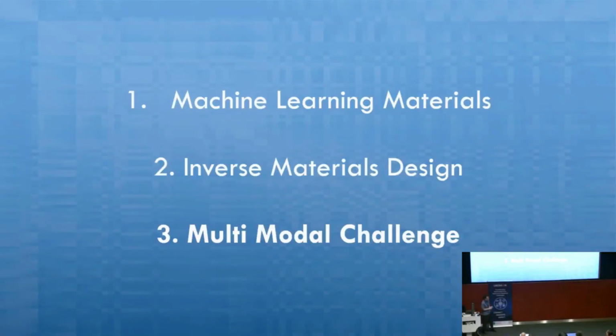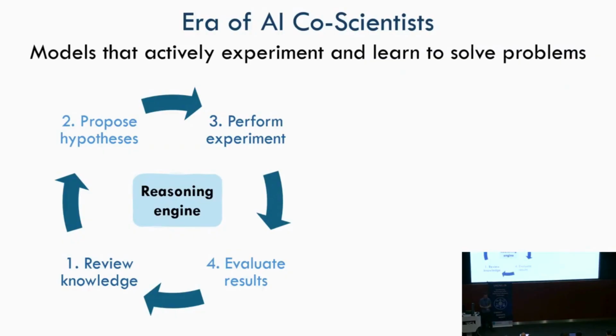Okay. So the final point is going to be the multimodal challenge. But maybe as the starting point, beyond generative models, I think the most exciting thing right now in AI for science is co-scientists. If you've used Claude Code when it came out last year, at least when I used it, I got a special feeling that this was different. This wasn't just using an LLM. This was a model that would solve problems very effectively. So what people are thinking is, can we start to use this type of agentic approach to solve scientific problems faster? And I would say there are 2 parts.